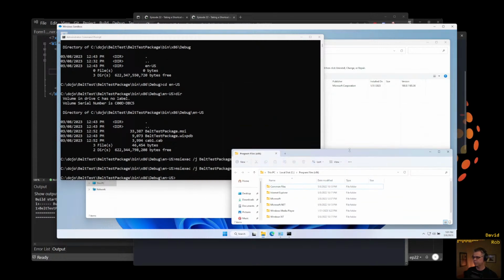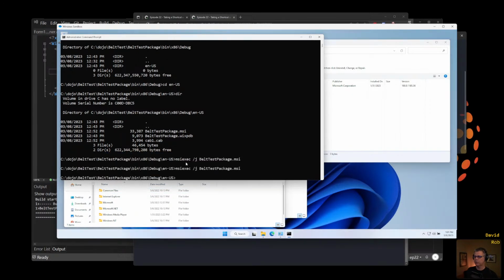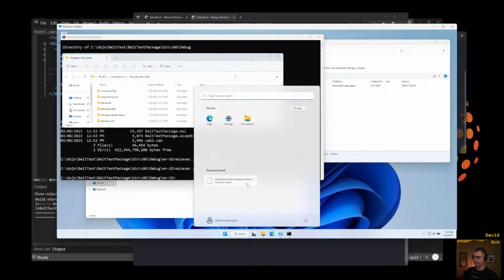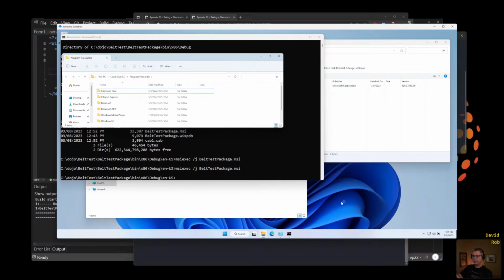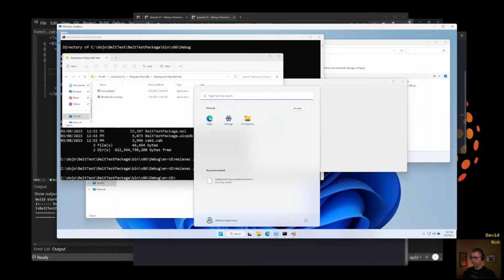And I'm going to now make this a little smaller. Let's see if we can get it to show that it's going to be installed. All right, so I'm going to click it again. All applications, Deployment Dojo Windows Form, MSI comes up. Our form comes up and our directory was added with our console app and our